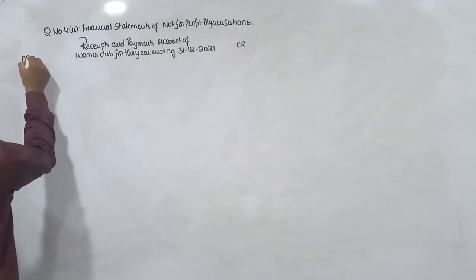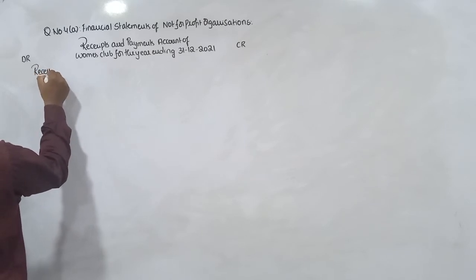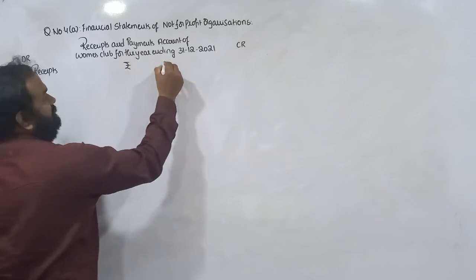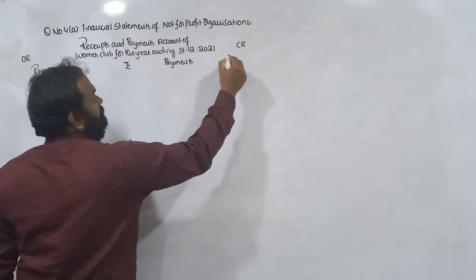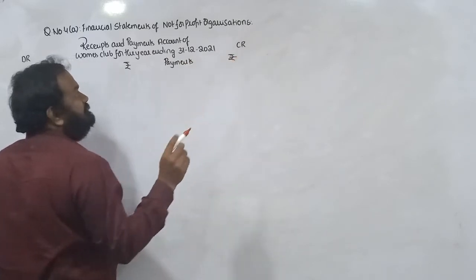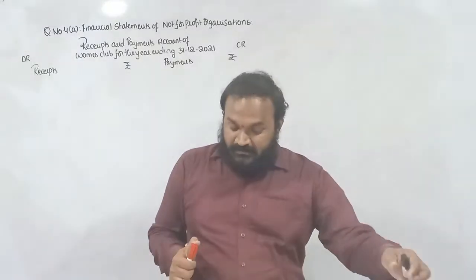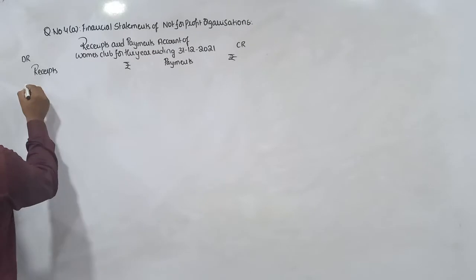Debit, credit. Okay, boys and girls, receipts, rupees. Next, payments, rupees. So, as you are all aware that boys and girls, receipts and payments account starts with opening balance